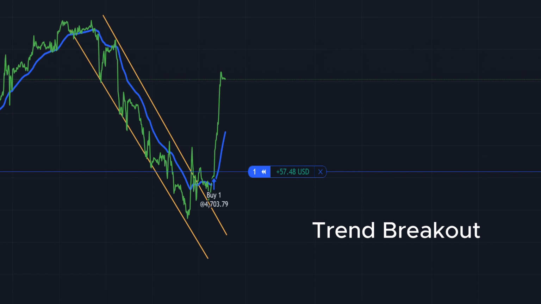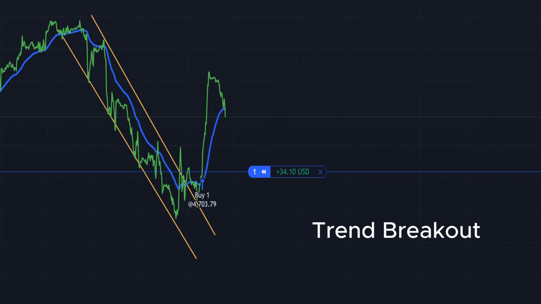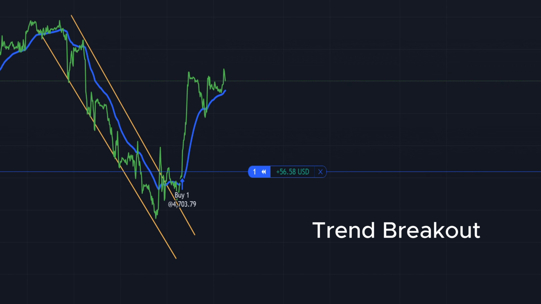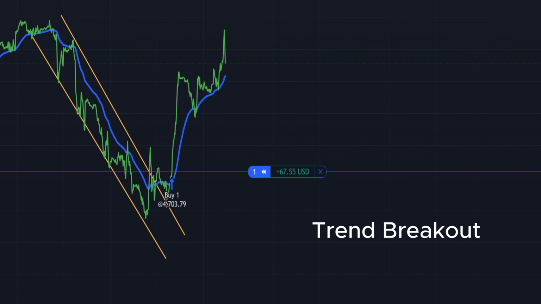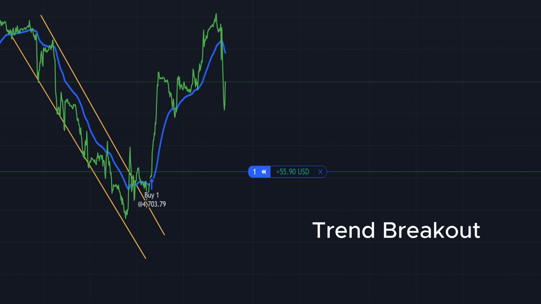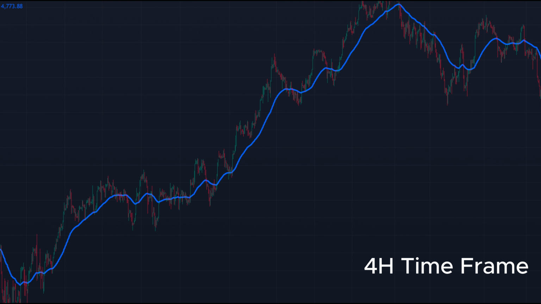In summary, integrating the 50 EMA into your trading strategy involves meticulous analysis of key levels, trend lines, and timeframe comparisons. This methodical approach ensures that you capitalize on trend confirmations and effectively manage trade entries based on market dynamics and trend developments. Finally, let's explore the 4-hour chart, where the 50 EMA provides a broader perspective on market trends